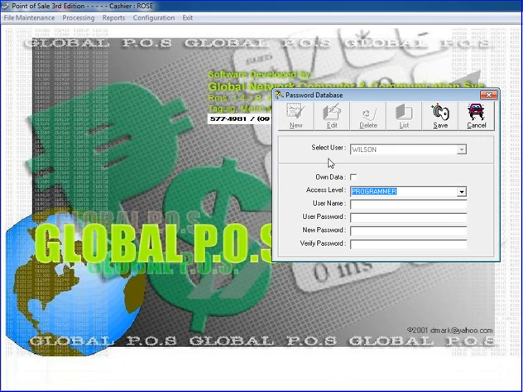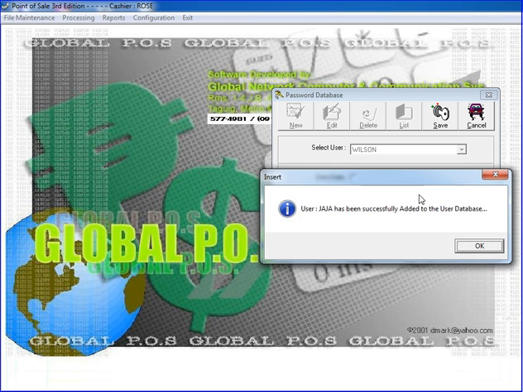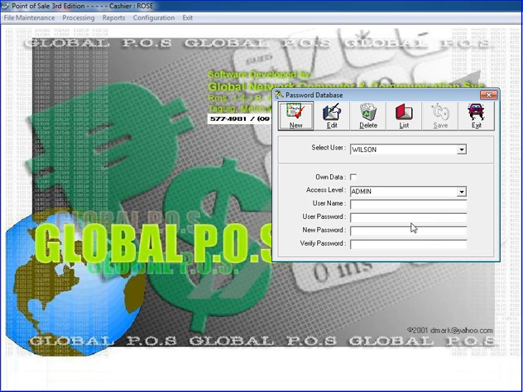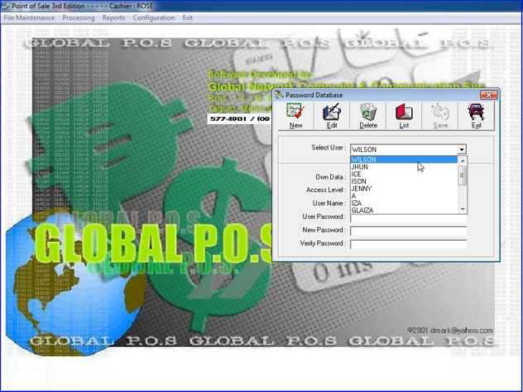can use your keyboard and press Alt-N. Click the access level and choose an option, type your username and password, enter, OK. To change the password you entered, click the select user field, click the username to edit,